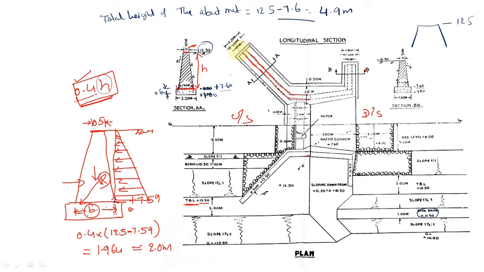If you see, the bank on the upstream side is at a level of, here you can see TBL 12.5 meters. TBL is 12.5 meters on the upstream side. So it is a level wing and abutment. So once you know the top of the level wing, what would be the bottom? So take the foundation as, it is available at 7.6 meters, right? Then we will get the height of this wing wall. So once you know the height, provide 0.4 times h. That is the bottom width, the base width of the wing wall.